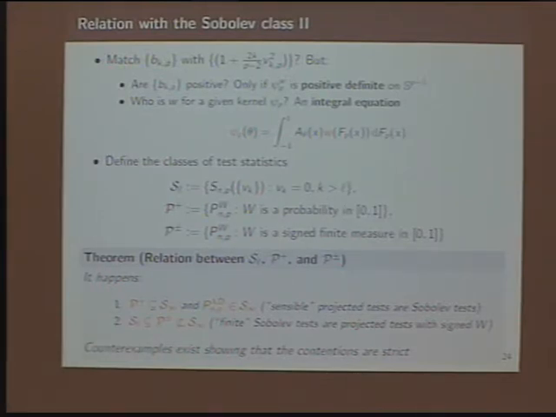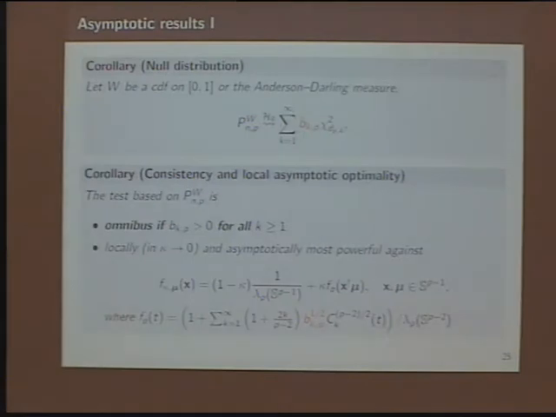All right, so in one sense this is bad, because they're part of the Sobolev class for the sensible things. On the good side, we can borrow all the asymptotic theory from that. That's where the work gets easy. Basically, we have the null distribution results for the Sobolev class, and then we have consistency. We are able to prove that all the coefficients are positive, and we have some optimality against